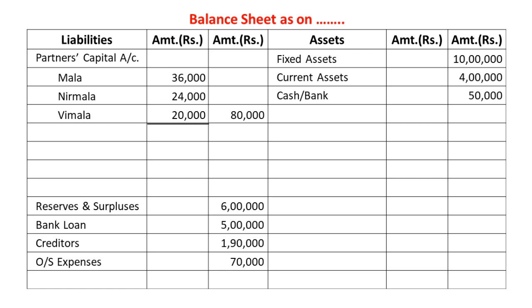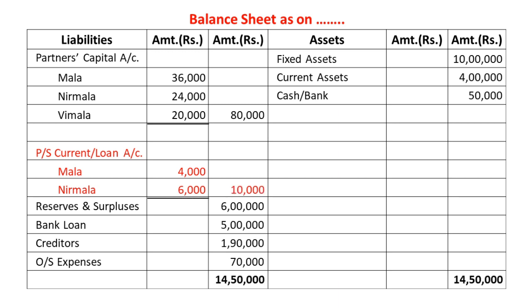And we have also considered the amount which has to be repaid, which is surplus, as a liability. Therefore, we have to write it on the liability side as a partner's current account or partner's loan account, in the respective column with the name of the partner. So total in the outer column, and finally we need to take the total of balance sheet. It will automatically tally.